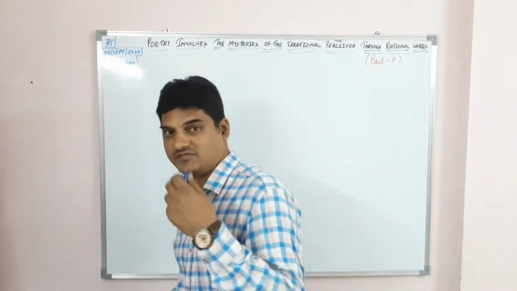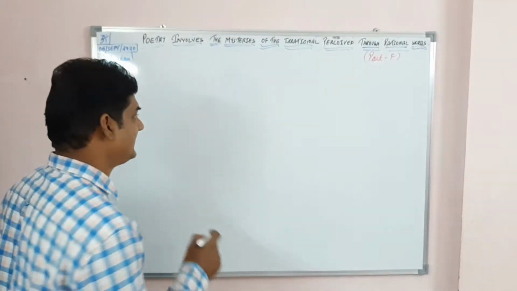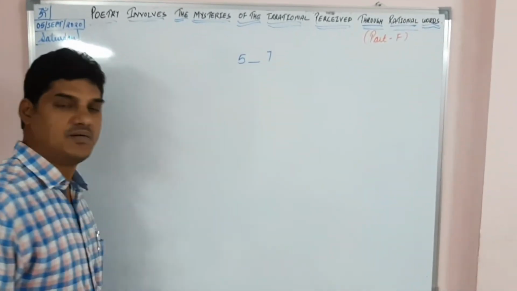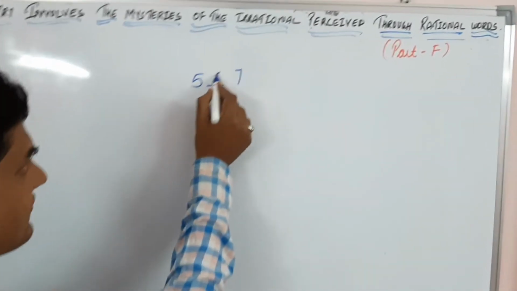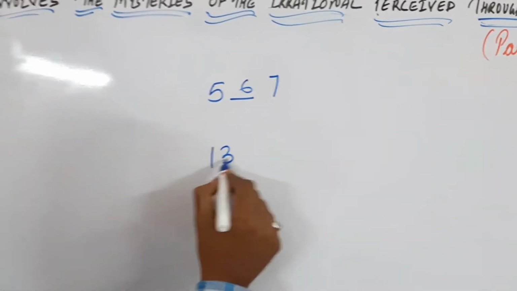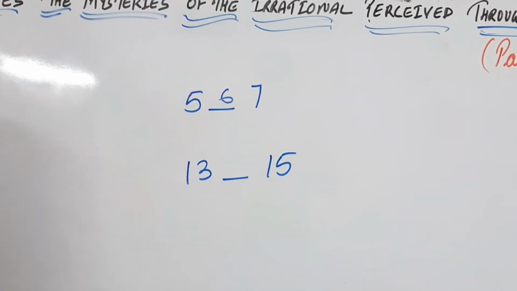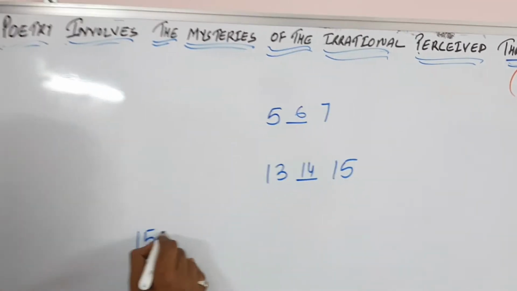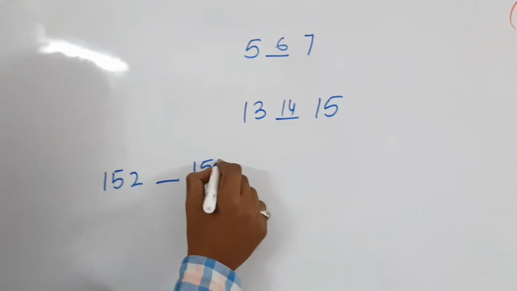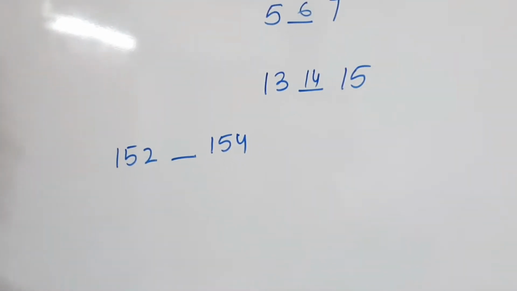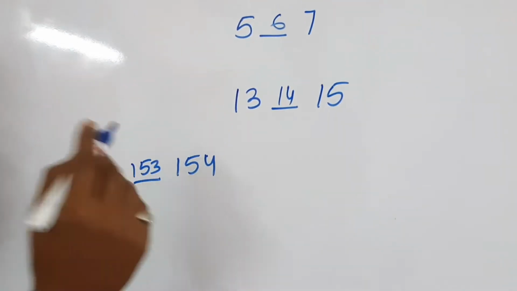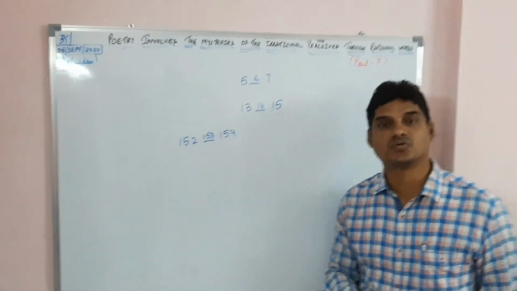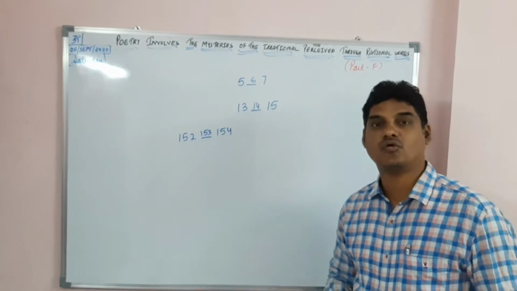One of the beautiful topics which I like and enjoyed is when the teacher used to ask what comes in between. I know, it's 6. What comes in between 13 and 15? Ma'am, it's 14. What comes in between 152 and 154? Ma'am, it's 153. I got the answer. I love this topic, whenever my maths teacher gave it in the class or as homework.